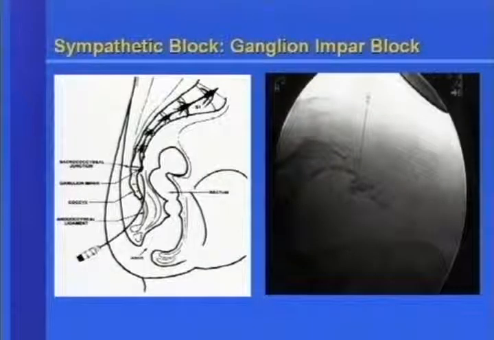This is one more block I wanted to talk about called the ganglion impar block. The ganglion impar is the terminal end of the sympathetic chain, and it's way down here on the left. It's maybe hard to see, but you see the sacrum and you see the coccyx here, and essentially we're inserting a needle, maybe 3.5-inch, 22 or 25 gauge, through a ligament, the anococcygeal ligament,